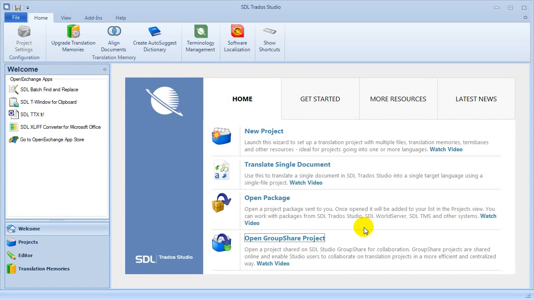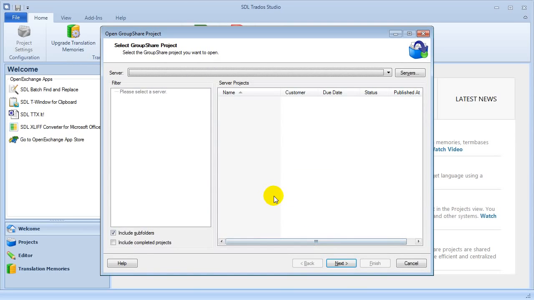In this video, we'll be looking at how to open an online project that resides on GroupShare. For this, you have the Open GroupShare project command, which you can use, and I will call it up right away. GroupShare projects are located on a server, so it's first of all required that I log into the server so that the system can identify me and my role on the server